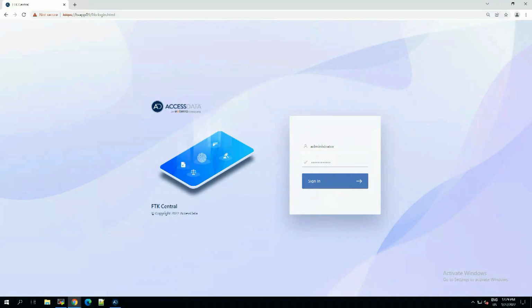Okay, I think we are on time. We have something around 50 minutes or 45 minutes to go through the live demo. If you have any questions, again, feel free to interrupt and ask, and I will happily answer the questions. Okay, so let's have a look at the application itself. As you can see, this is the login page of FTK Central. I'm using Chrome browser, or you can use any standard browser to work with this application. Let's log in, and